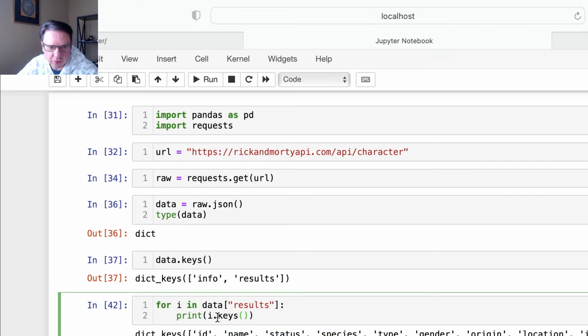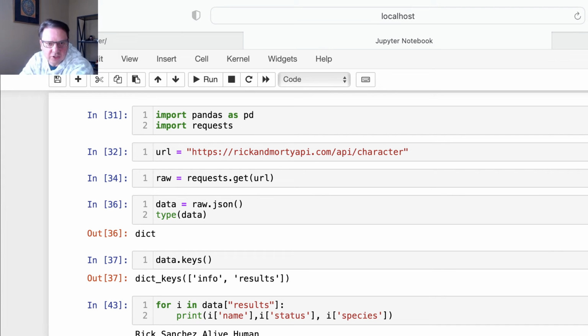I need to grab these three, and I need to use this dictionary annotation. I hope you remember how to do it. If not, please watch my previous video. So then it's going to be i status, i species. All right, let me see. Yeah. So now you see we get Rick Sanchez, alive human, Morty Smith, alive human, Summer Smith, alive human, and